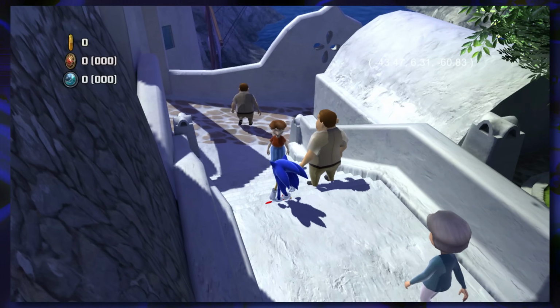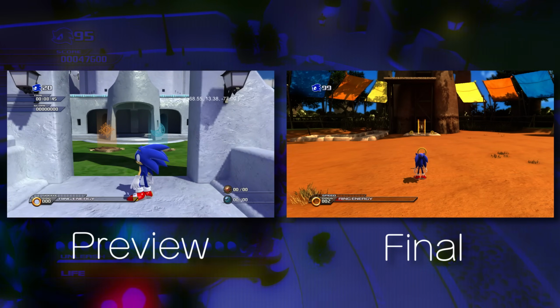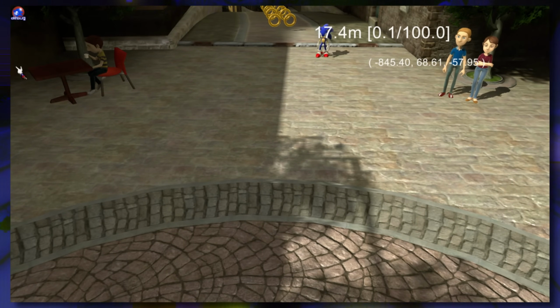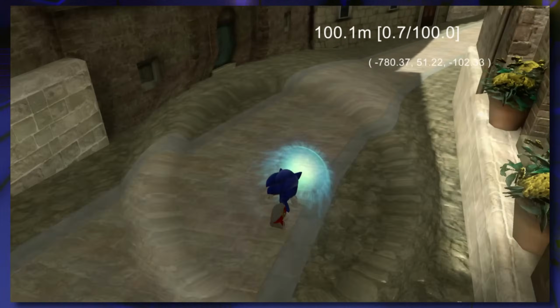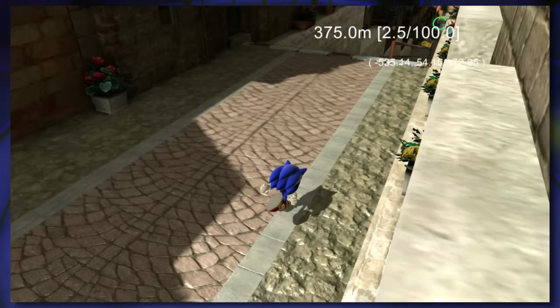Some NPCs are also completely frozen for some reason. The entrance stages have a timer, which is absent in the final. There is a retry option present in the results screen, which was completely removed from the final, making a return in Sonic Generations. Even so, it doesn't really work here, it just warps Sonic back to his spawn point, with